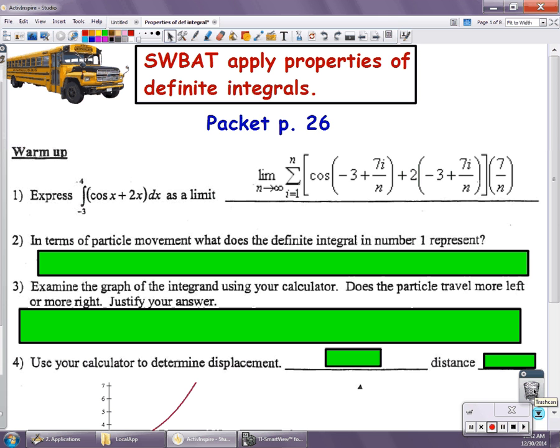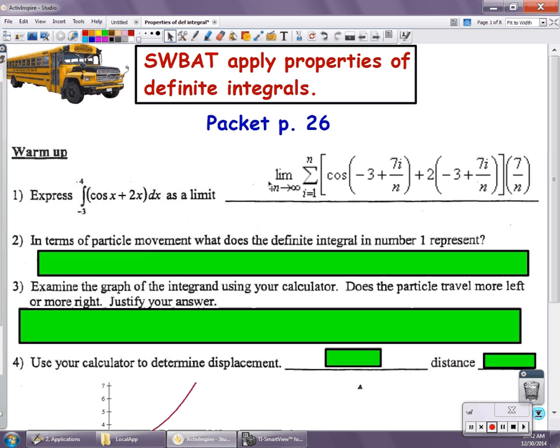remember a definite integral is a summation. It's the accumulation of area bound by a curve, in this case cosine of x plus 2x, starting at x equal to -3 and stopping at x equal to 4. And we want to put in an infinite number of rectangles in order to accumulate all of the area. So the limit as n approaches infinity,